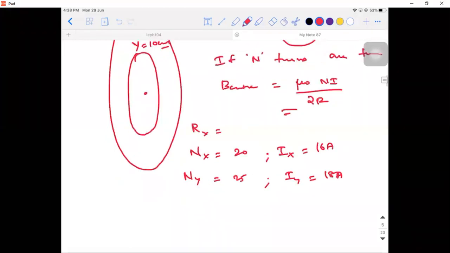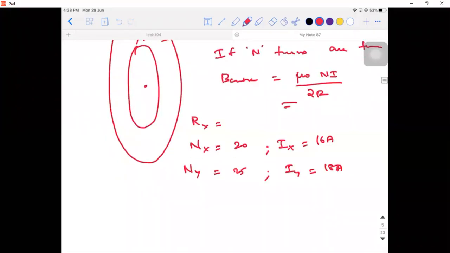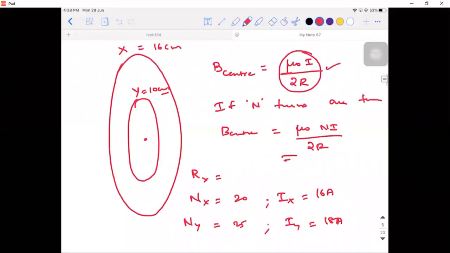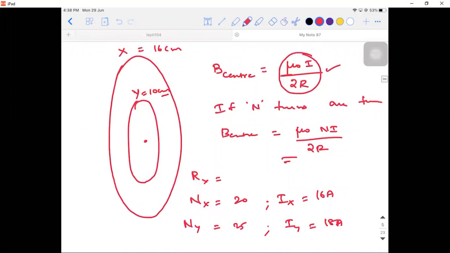The sense of current in X is anti-clockwise and clockwise in Y. For the observer looking at the coil facing west, give the magnitude and direction of the net magnetic field due to the coils at their centers.